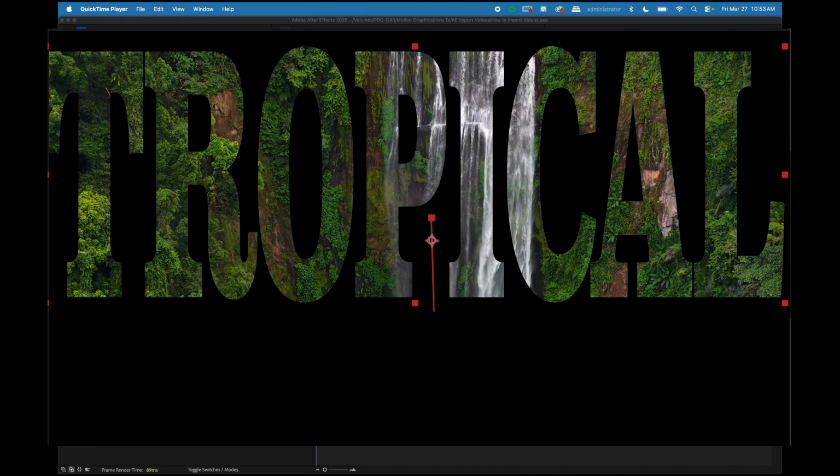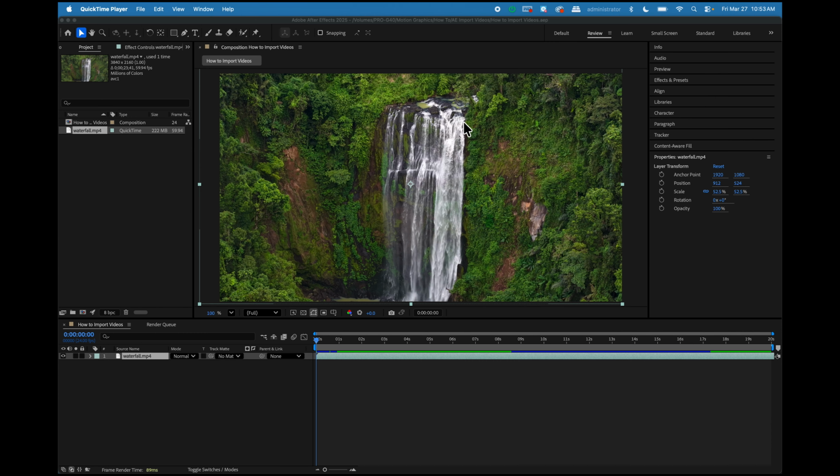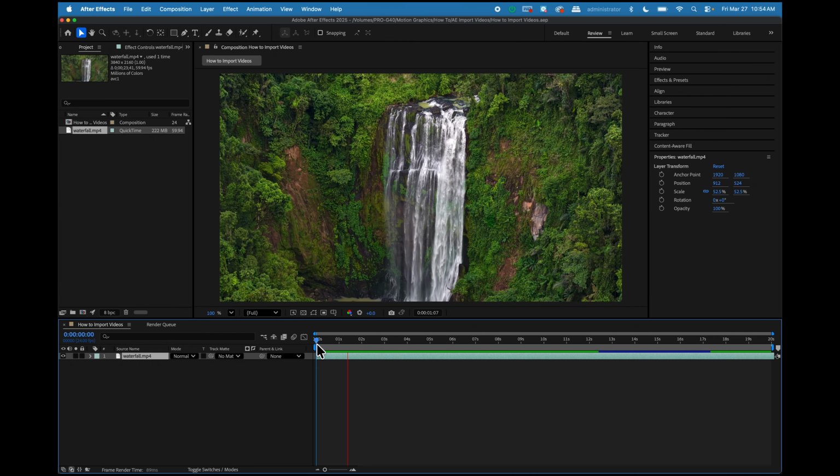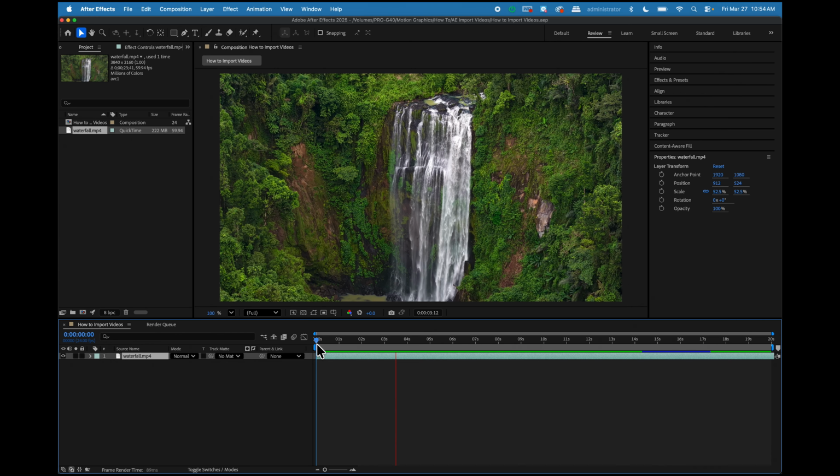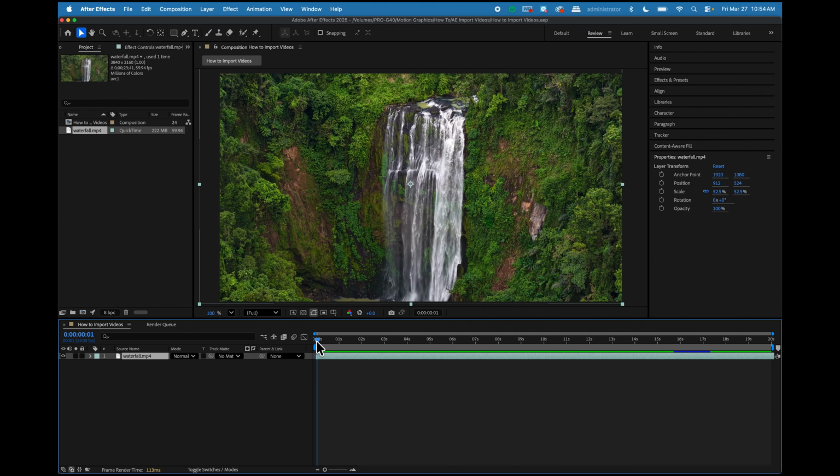First, if you've watched a previous video, you learned how to import a film or a video. We imported this one with a waterfall. As we press play, you can see that it's a live video of a waterfall. There's a little bit of camera movement. Now we're going to add some text to this so that you only see the video through the